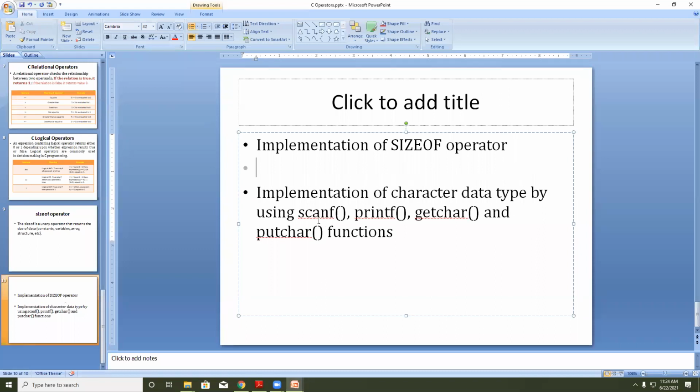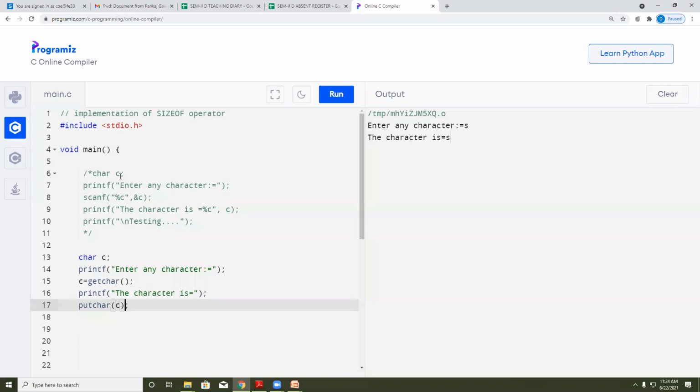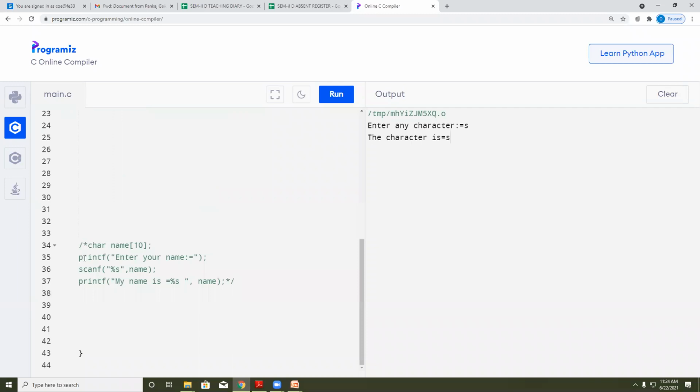Okay, so one program where you can use scanf and printf, and another program where you can use getchar and putchar, as we have already mentioned here. This is for printf and scanf. This is for getchar and putchar. Okay, and for your practice, you can use this string. Okay, so this is for your homework. 3 questions.